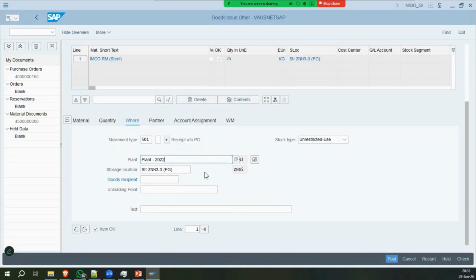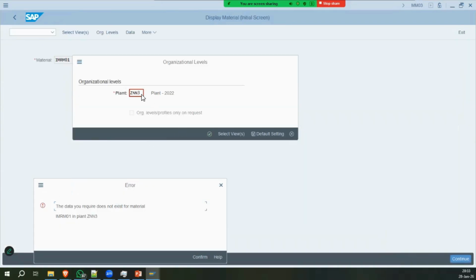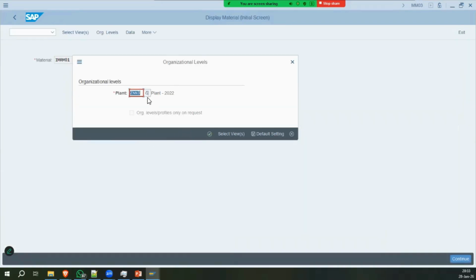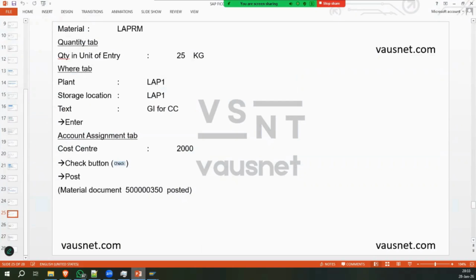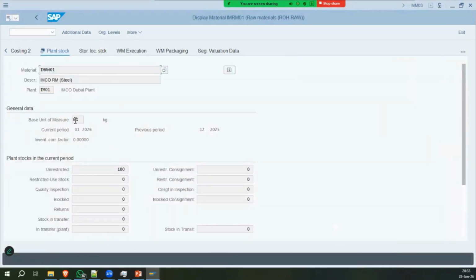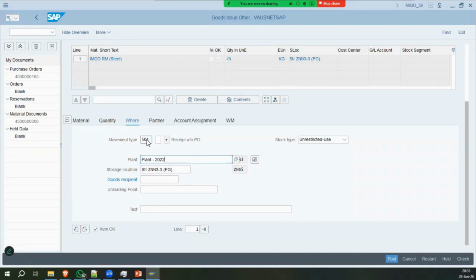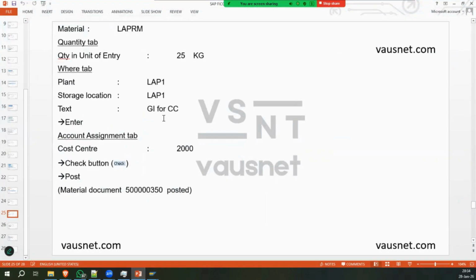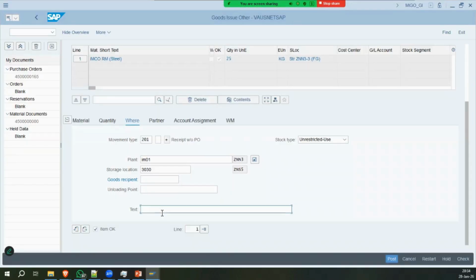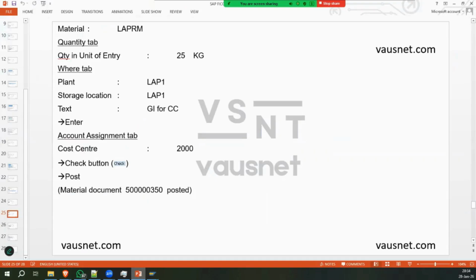Okay, plant will be, okay, controller IN01, plant LAP1, store location. Okay, yeah. Okay, receipt 201, IN01, storage location. That should be 3030. Yeah, text GI for CC, account assignment tab,